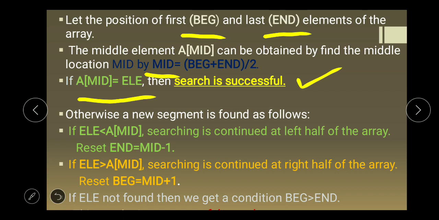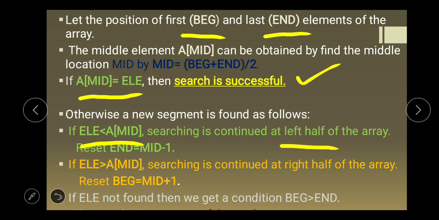Otherwise, a new segment is found as follows. Here we are comparing the element with the middle element. If we find at the beginning that A of middle is equal to the element, then our search is successful. Otherwise, the new segment is as follows. This is important.